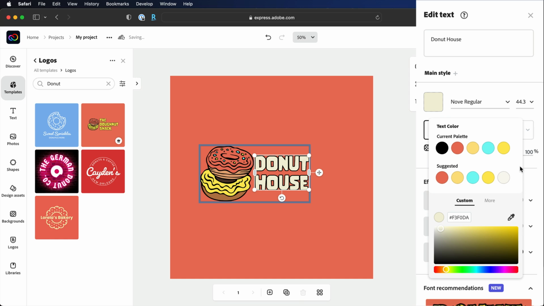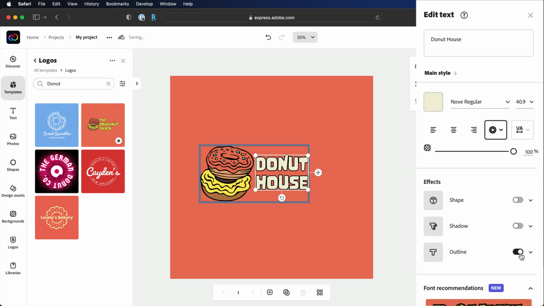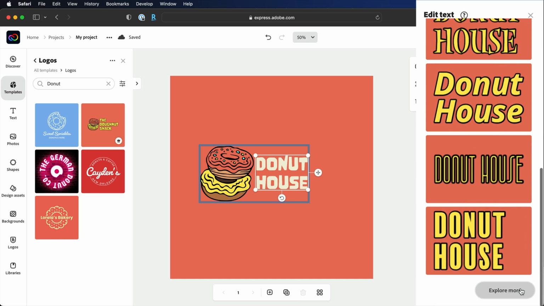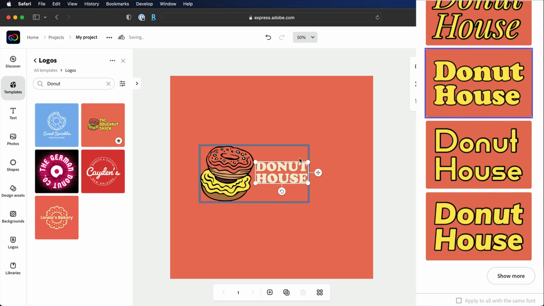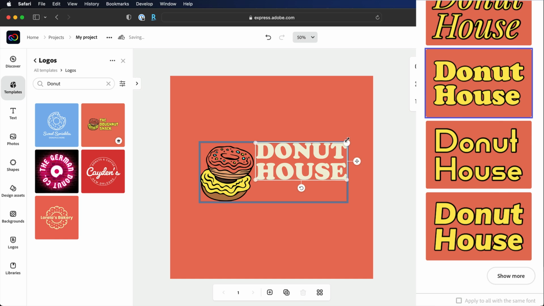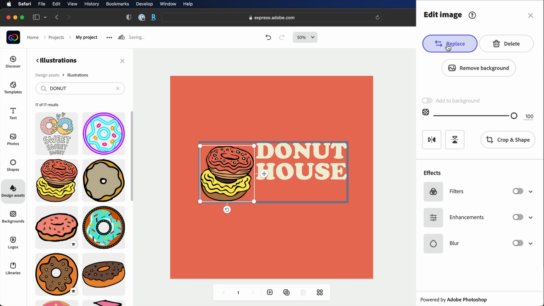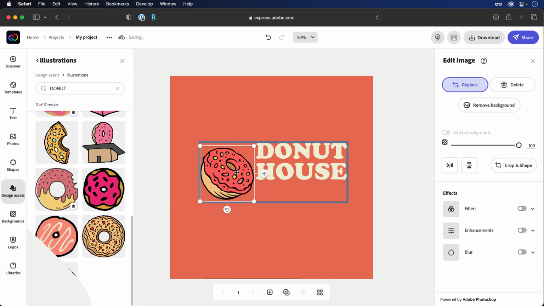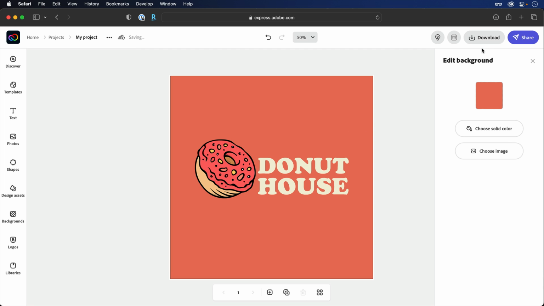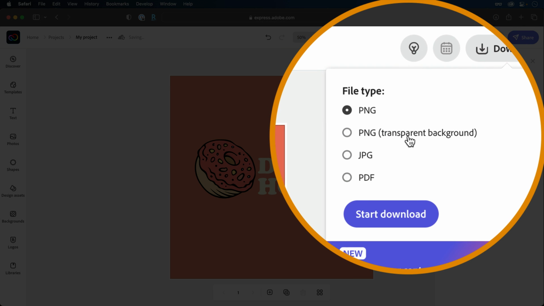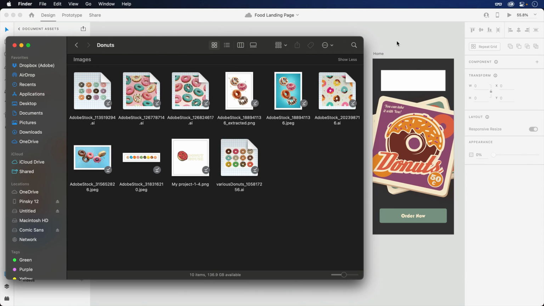You can change the text, colors, font styling, typefaces. You can transform the various assets, and even the images can be swapped out with something fresh and delicious. Finally, with your newly created logo complete, it can be downloaded as a PNG with a transparent background and brought into XD to give your branding a colorful boost.